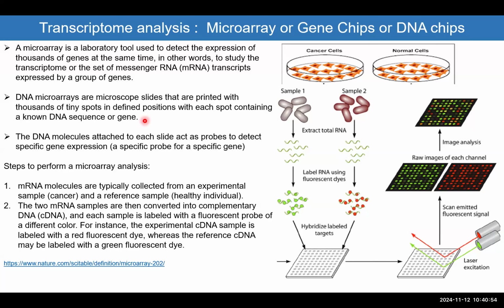So, for example, now we know that there's 20,000 genes. And if you want to do microarray, then you have spotted those sequences, and these dots here. So each one of those dots represents one of the genes. And then the outcome would be, for a particular gene, is it more expressed in the normal cells or in